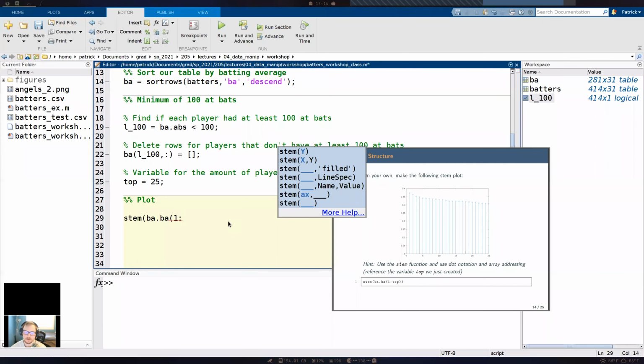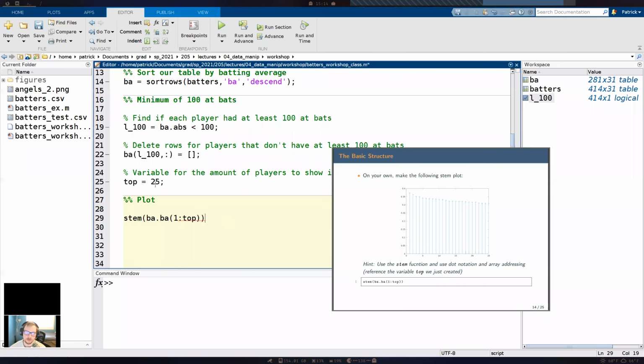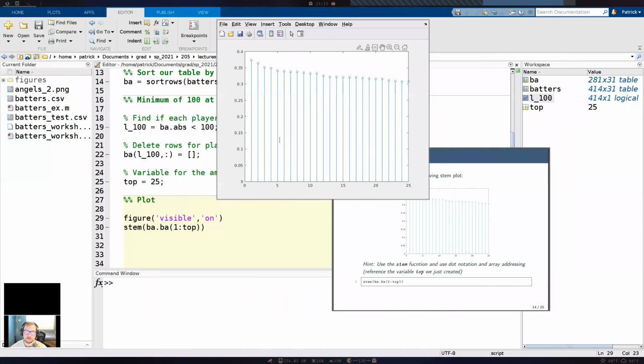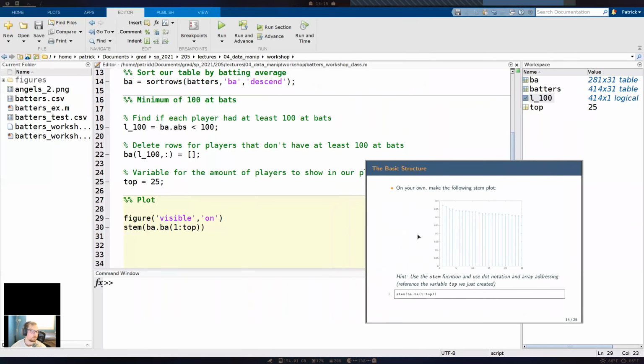So I'm going to do 1, and instead of putting 25, I'm going to put top, which we defined on line 25. Nice. So we're going to say go from 1 to top, which means 1 to 25. Figure visible on. Okay. There we go. Alright. Everyone good so far?